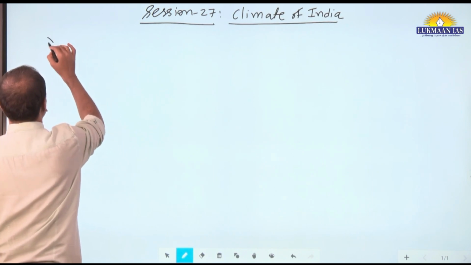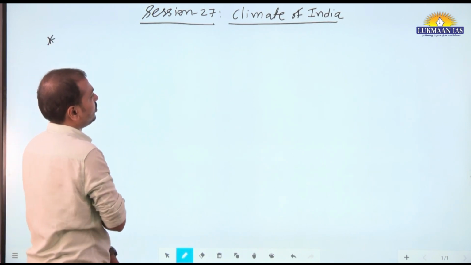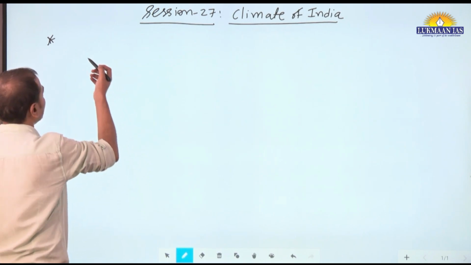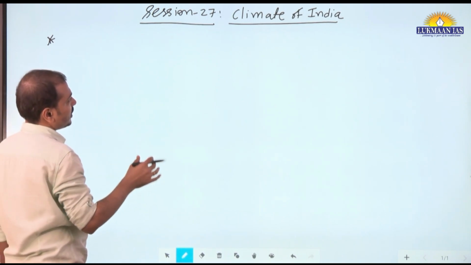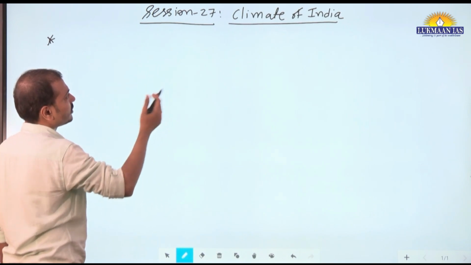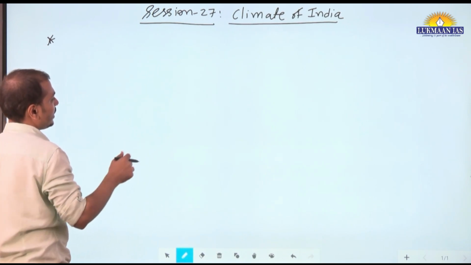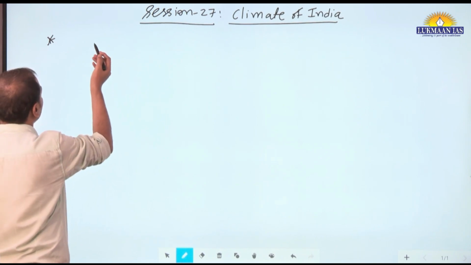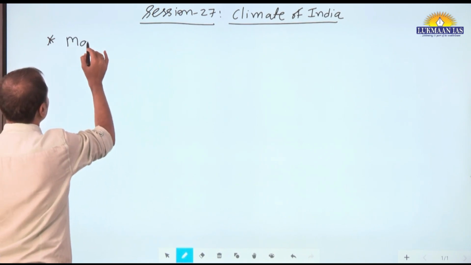Okay, let us start with the new session, a new part of our syllabus, Climate of India. We are learning the Indian geography part. We covered the geomorphology part, the drainage aspect also, and now the climate of India, and next vegetation and soil. So in climate of India, we will